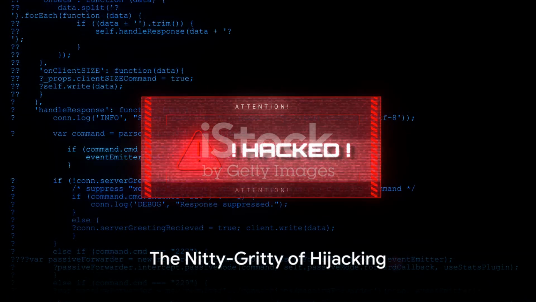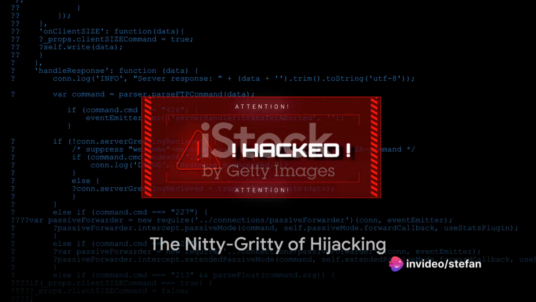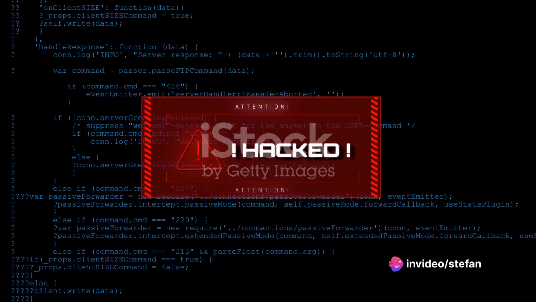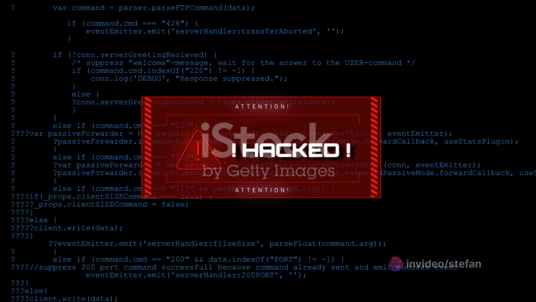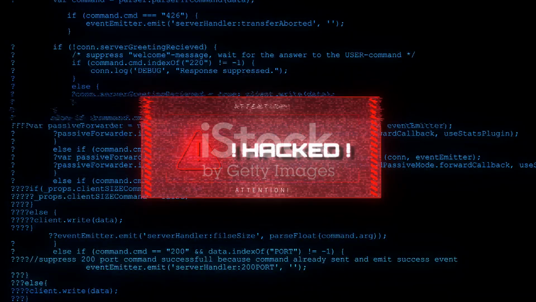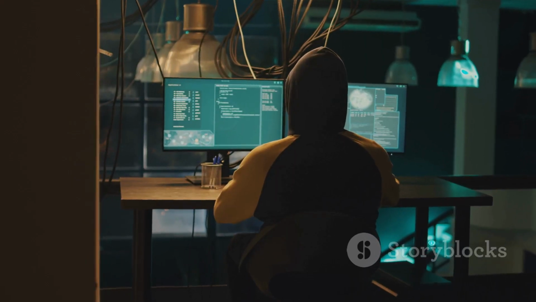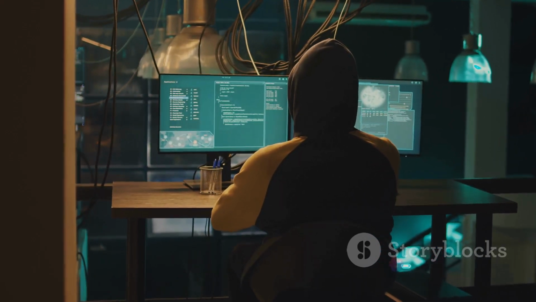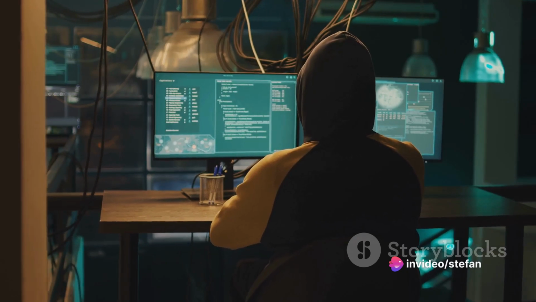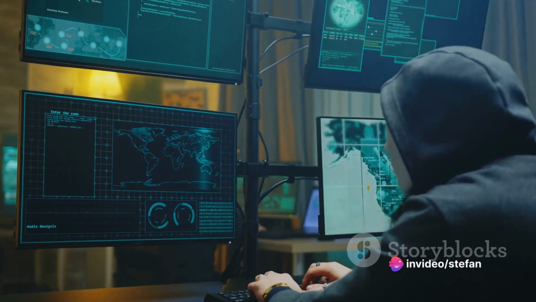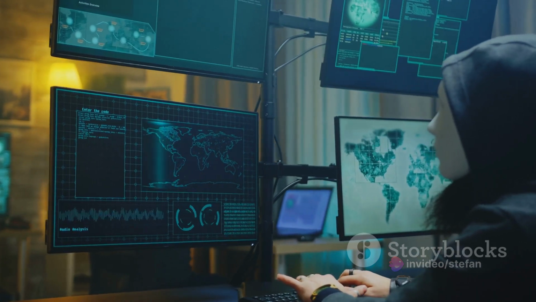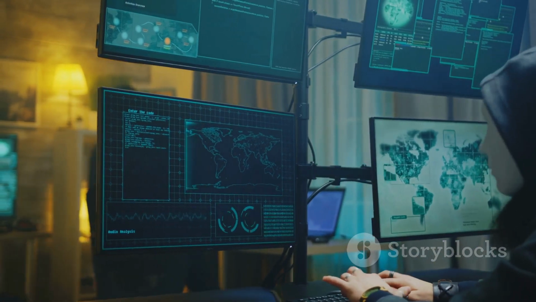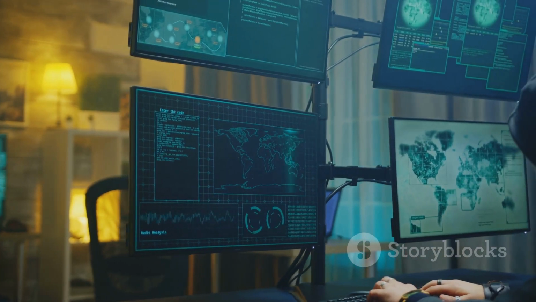Now that we know what it is, you might be wondering how this hijacking happens. Let's dive into the nitty-gritty of Network Level Session Hijacking. To put it simply, it's a form of trickery where the attacker slides into an ongoing session between two machines, like a stealthy eavesdropper in a digital conversation. This session could be anything from a secure login to a social media account to a transaction on an online banking platform. The attacker's goal is to take control of this session.